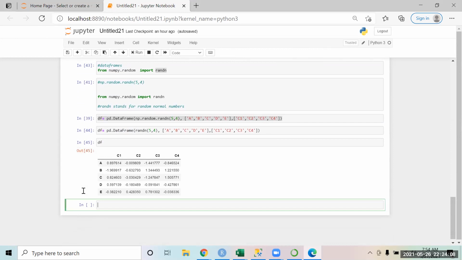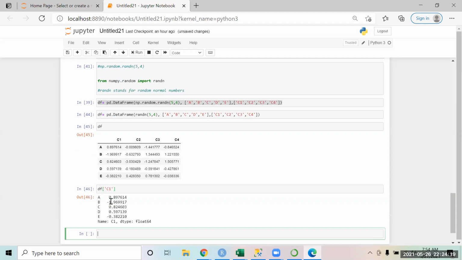See now, from this data frame, suppose you only want to see the data of column 1. So you can say simply C1. See, it prints only the data of column C1. And now if you will see, data type has changed to float.